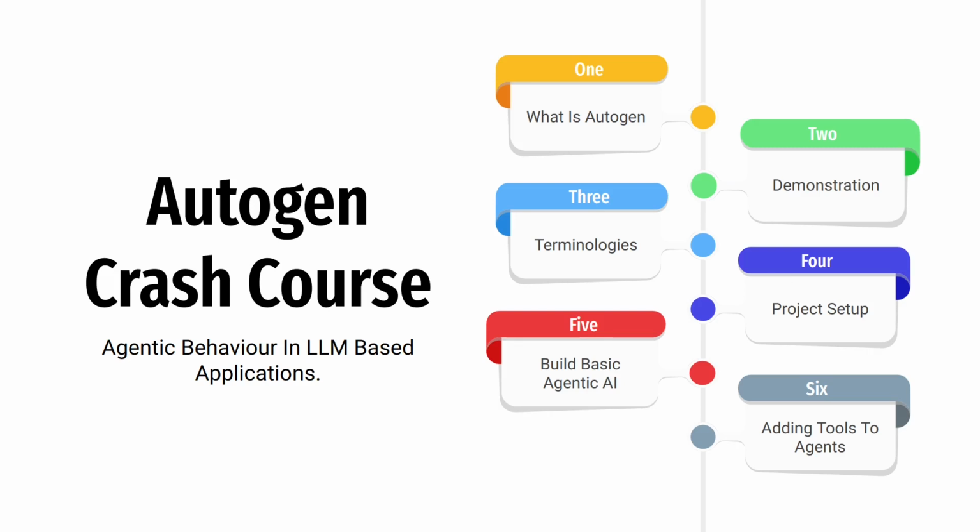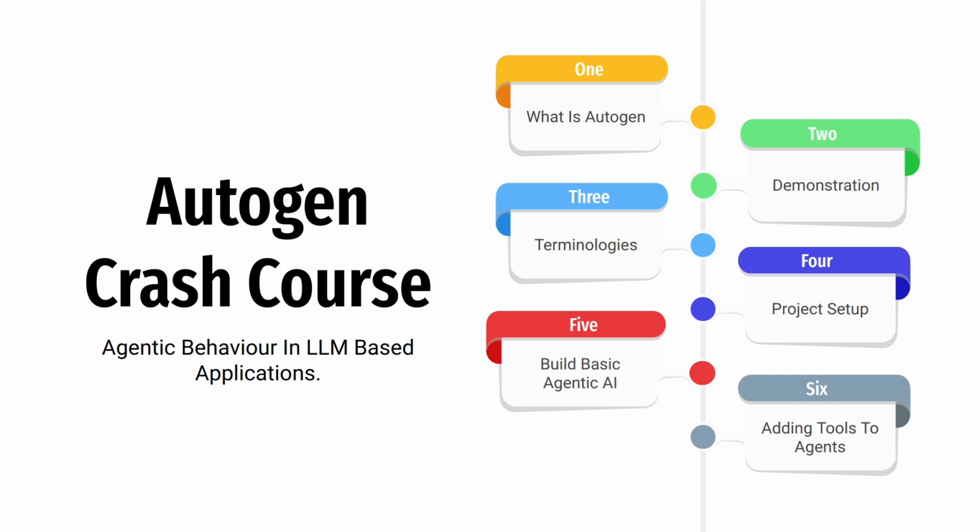So in today's tutorial, we're going to begin a new crash course on Autogen. So basically, what is Autogen and what is Autogen used for? Autogen is a framework that is used to build agentic AI behaviors instead of your LLM based applications. So basically, if you want to have multiple agents collaborating to achieve a certain task, and you want to use an LLM, and that's going to be an application, then Autogen is a framework to